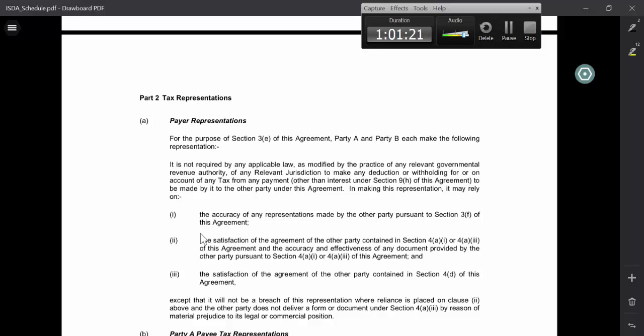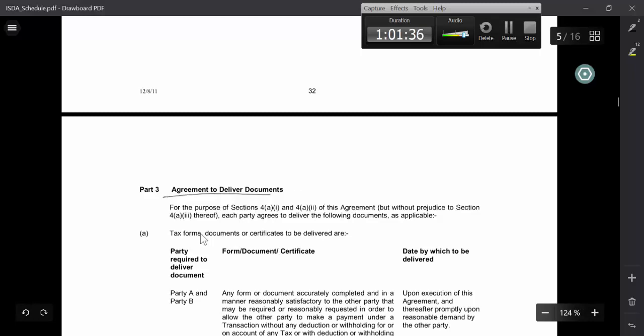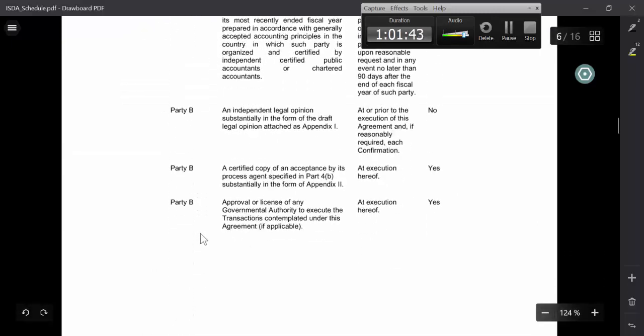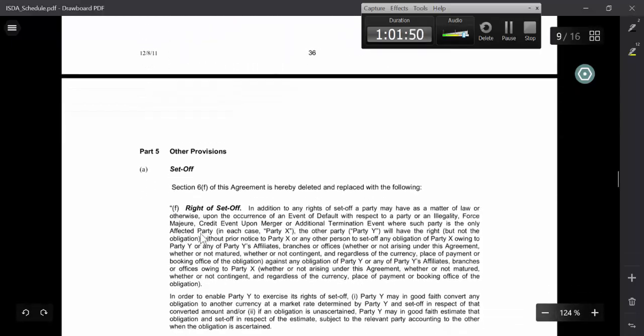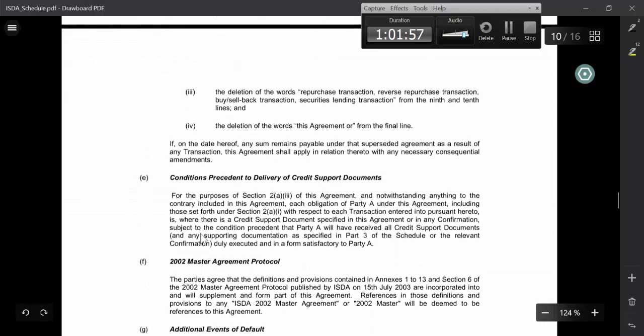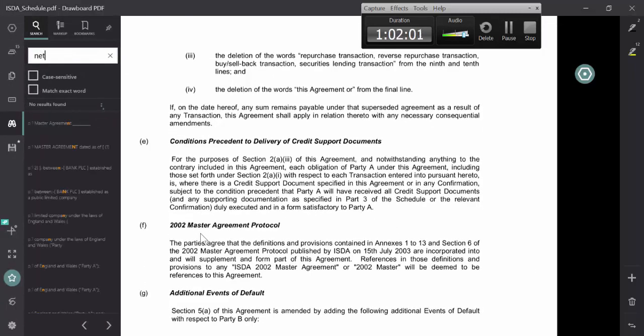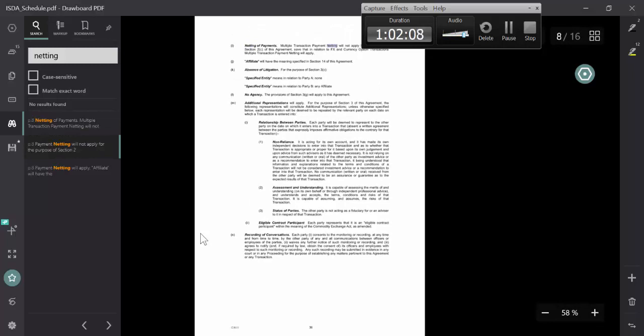Now, the second part is called tax representation. This actually isn't really that important. Part 3, agreement to deliver documents. I will explain these, but the most interesting part is actually part 1. And then part 4, miscellaneous. Don't worry about that. And part 5, other things. Don't worry about that. I think netting appears in here somewhere. Netting of payments. Anyway,